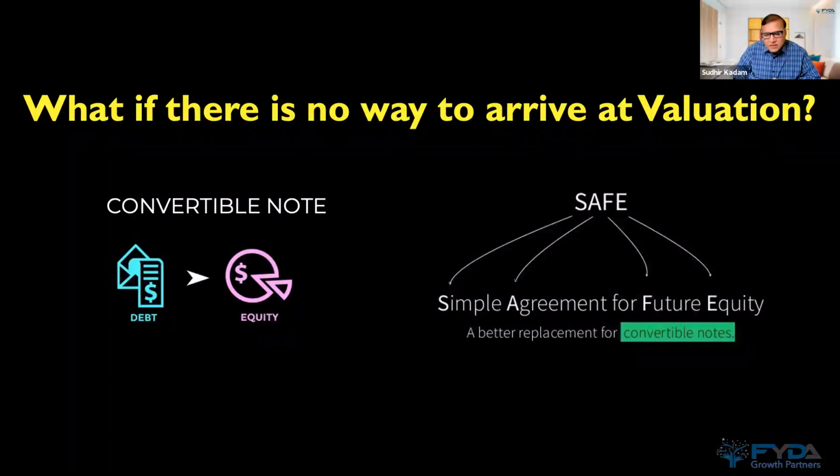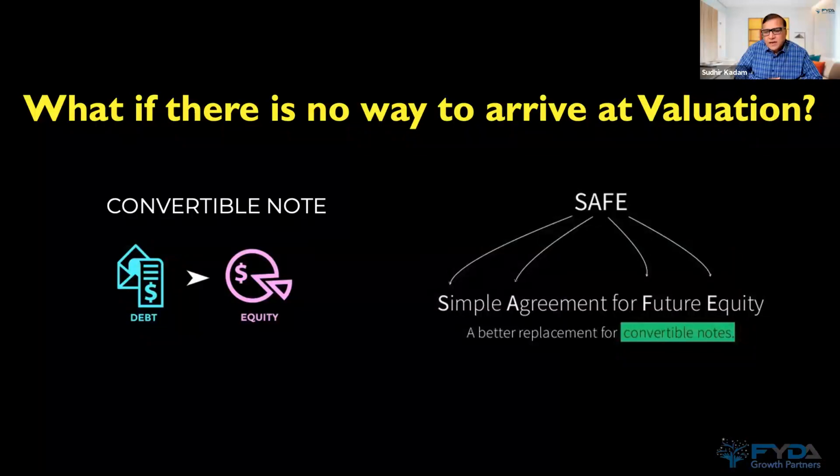So what is a convertible? A convertible is a note or an agreement which says that when a certain event occurs, I have the option to convert the loan that I'm giving you into equity. Those terms are discussed and captured in the convertible note. I will go further and also talk about what the terms in the convertible note are.